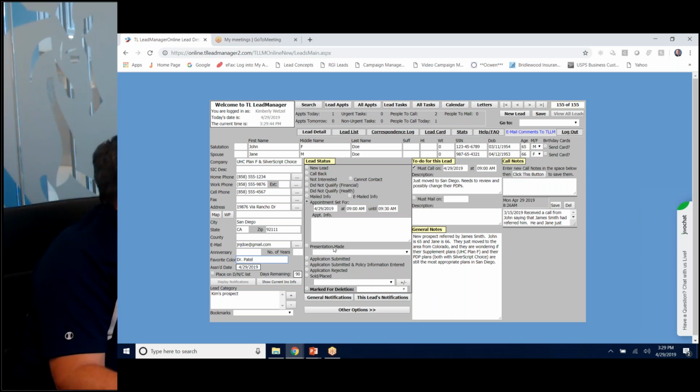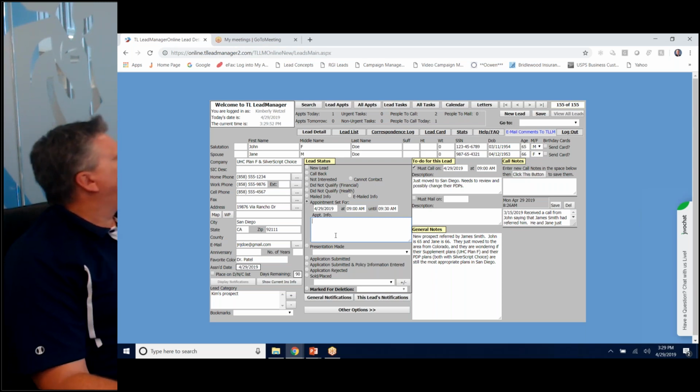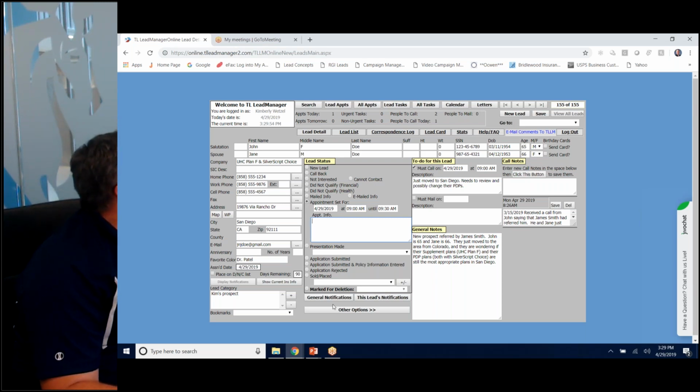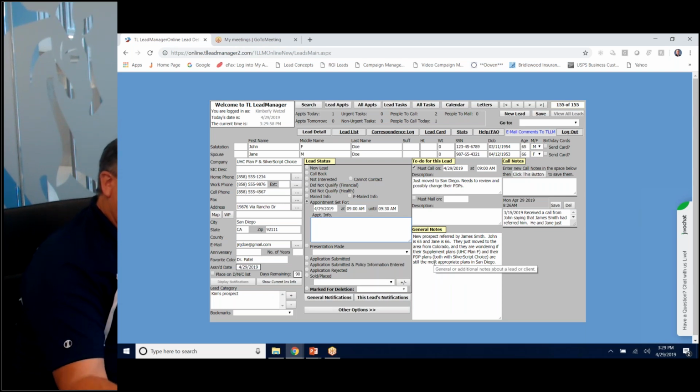That way it always has right there front and center what the name of their doctor is, so that when they call you back and they say, you know what, my doctor retired, I need a new doctor, you can say, oh yeah, I see, Dr. Patel was your doctor, right? Let's move you to someone else that's with Sharp. Or you could even say behind Dr. Patel, Sharp, he's with Sharp Steely, or he's with Scripps Coastal, or whatever it is. You'll see also